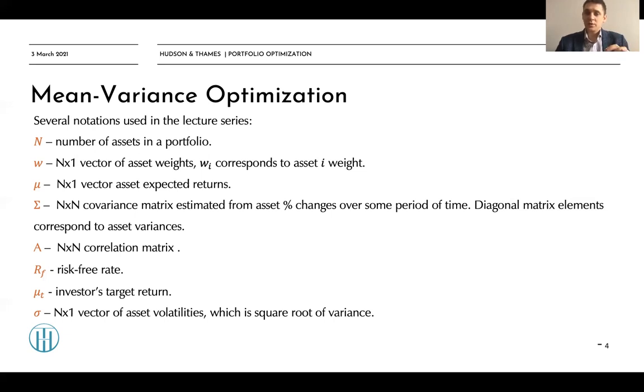That is why, in order to calculate asset variances and to compare them by using correlation matrices, we need to pass the percent changes instead of the differences or dollar changes. So here, the covariance matrix is estimated from percent changes over some period of time. What does it mean? It means that we take the percent changes of all assets in our investable universe, and we take, for example, the latest 20 days, or, I don't know, 60 days. This is also a parameter which should usually be optimized in portfolio optimization,